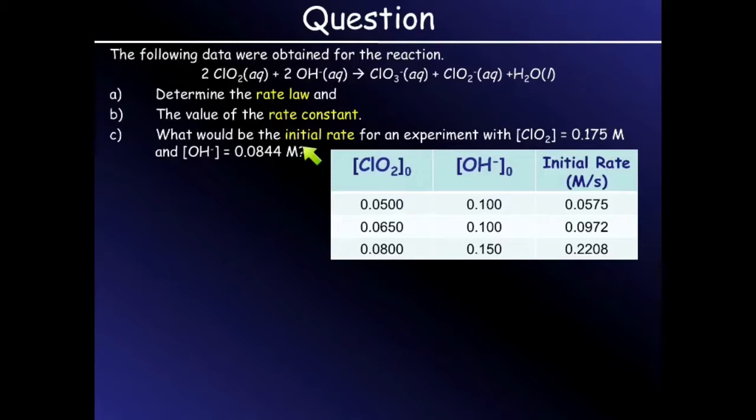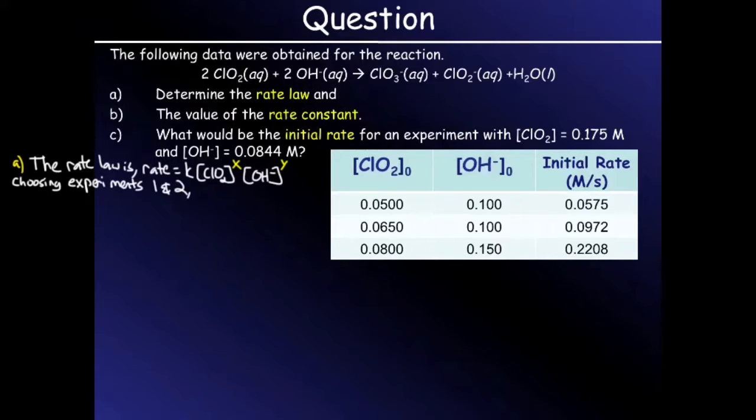Okay, let's look at another problem where we are asked to solve for one more thing. After getting the rate law with all of the orders for each reactant and the rate constant, we are asked to determine the initial rate when concentrations are something different than what was found in our three experiments. So the first thing that we'll do is look at the experimental values and see if there is something that is staying constant while the other one is changing,